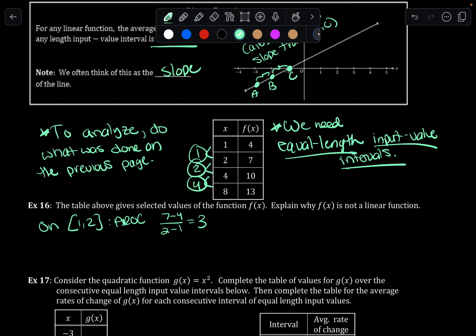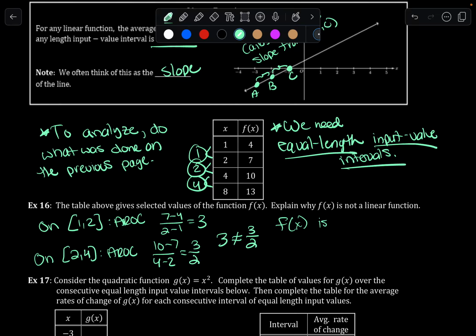Okay, so now let's check the next interval. On 2 to 4, the average rate of change is going to be 10 minus 7 divided by 4 minus 2. So we end up with 3 over 2. Now, in order for this to be linear, the average rate of change has to be constant. 3 does not equal 3 over 2. All right, therefore, this table does not represent a linear function. Okay, so f of x is not linear